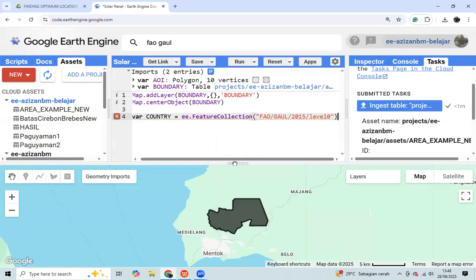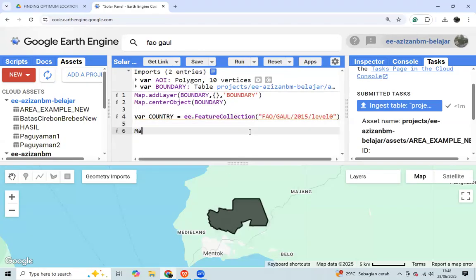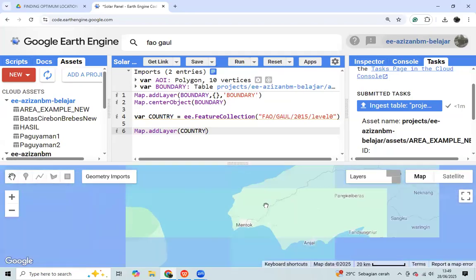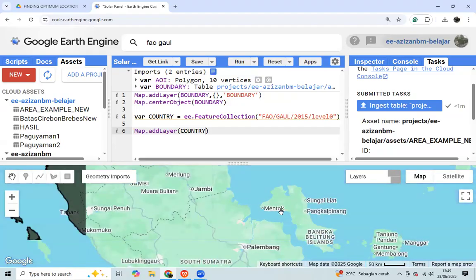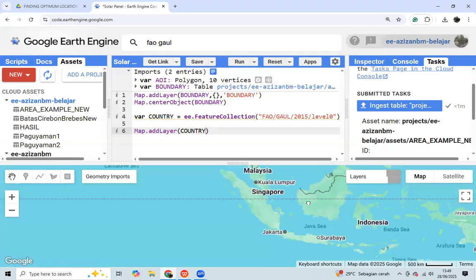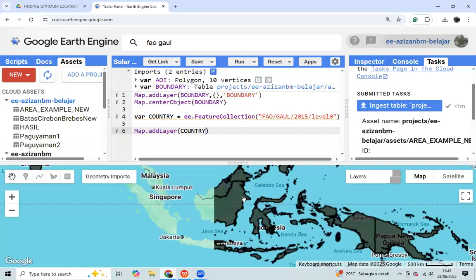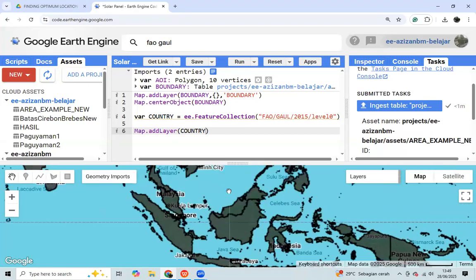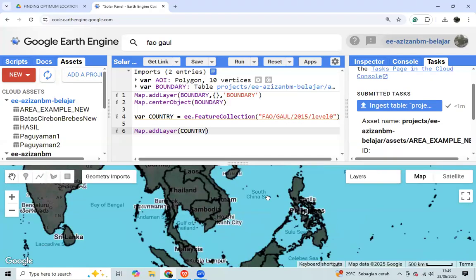After we copy and then we paste it, and then we want to visualize it using the map add layer script. And it's the boundary of all country in the world.